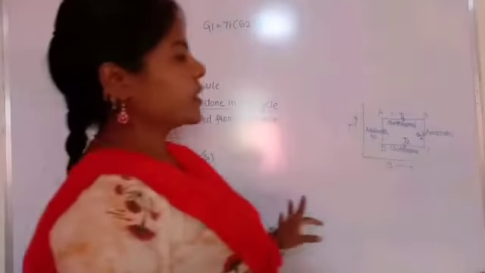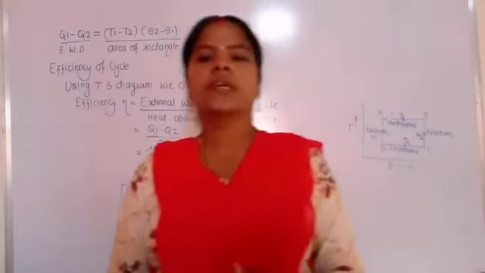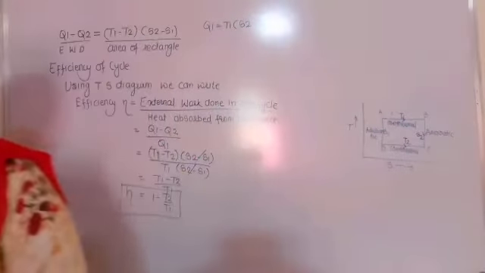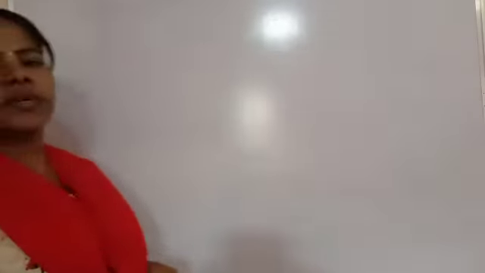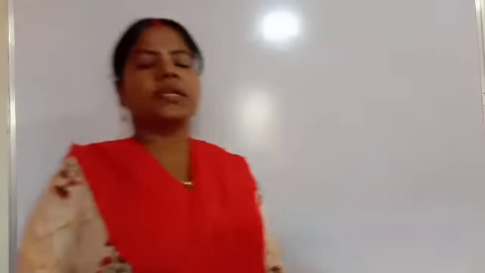So this is the working of the TS diagram and the efficiency of the Carnot cycle. The next topic is the importance of the TS diagram. What is the importance of the TS diagram and how can it be used in science? The first important use is that the TS diagram is also known as a taphigram, and it is extensively used in metrology.